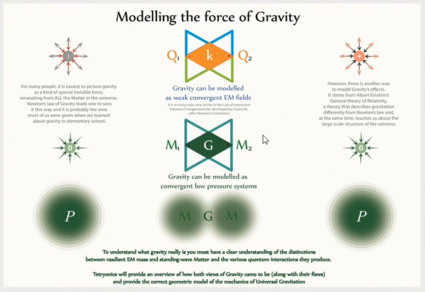Throughout Tetryonics, most of the time you'll see charge being drawn as orange, in this case orange Q's for charge, net charge, and orange charge fields of interaction. In the case of gravity, matter is drawn as green, and the gravitational fields as a darker version of that green. So the gravitational field between these two matters, between matter 1 and matter 2,